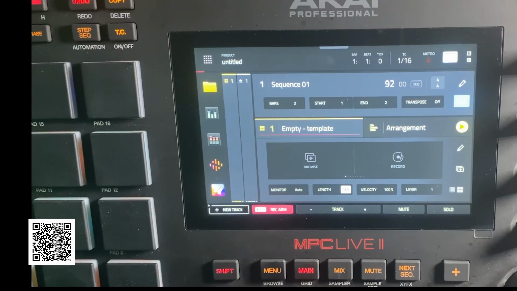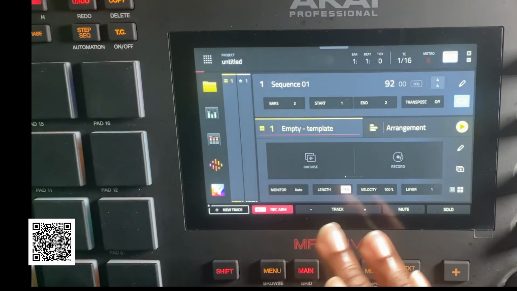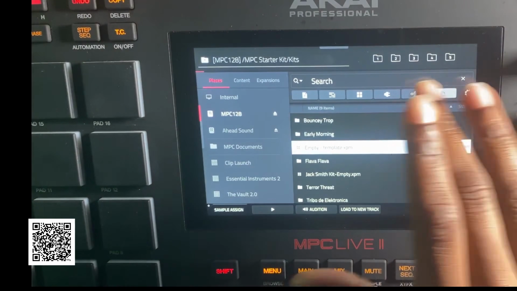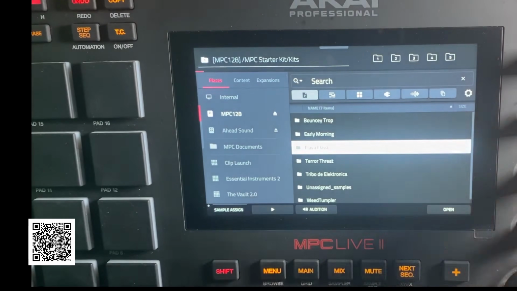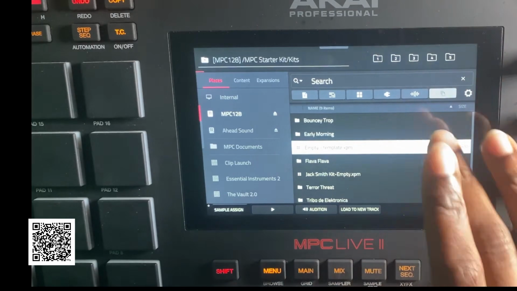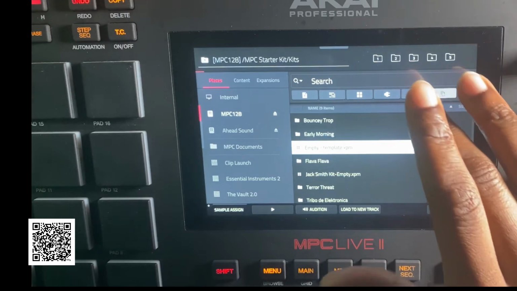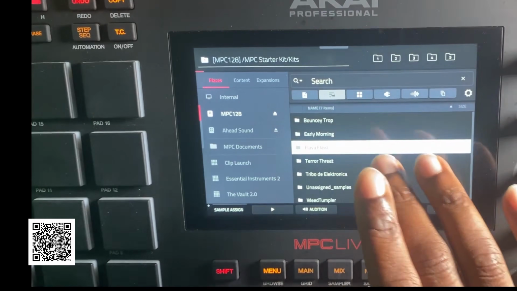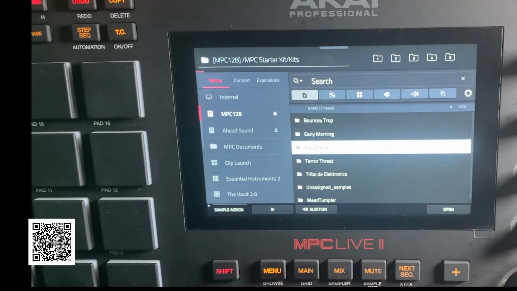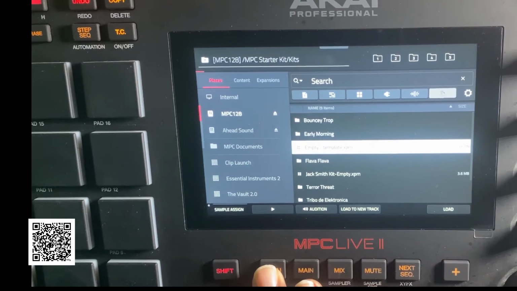So now that we have an understanding of that template and see how fast, we'll go more in detail to the browser and what that looks like. I did it kind of fast, but you can see in this browser there are different types of settings that represent the file name. So in this case, you can see all the files. This is just for the audio files, plugins, programs, sequencers, and then like the actual project folder. So in this case, we're gonna go ahead and begin loading up a sample. So in this case, we're gonna start off with